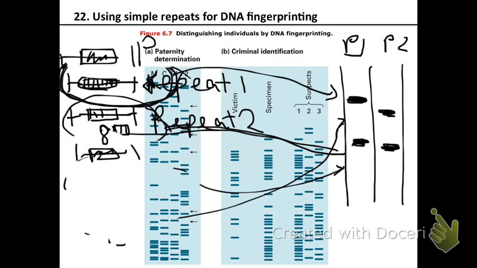And this will be your paternal, and let's say this will be your maternal. This will be your paternal, and this will be your maternal. So you can have 9 copies in this, and you can have 10 copies in this, etc. So each locus is going to produce 2 different bands, right? And now you're going to look at many different loci, and together they're going to produce many different bands. Does this make sense? All right.